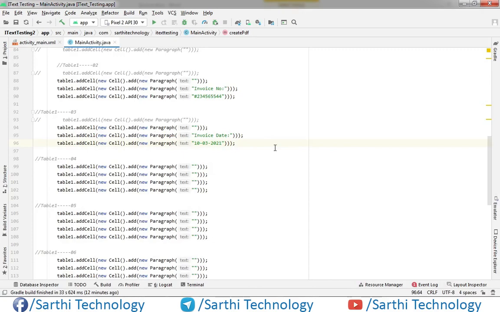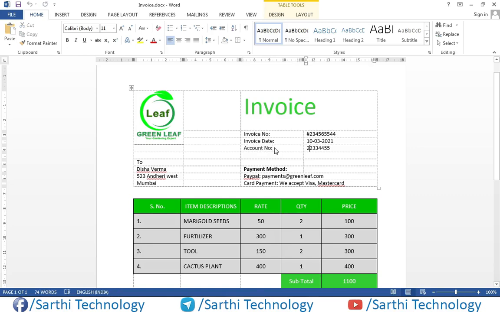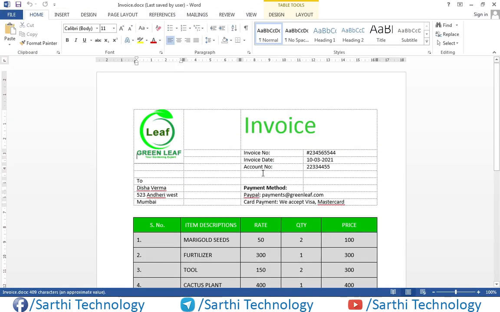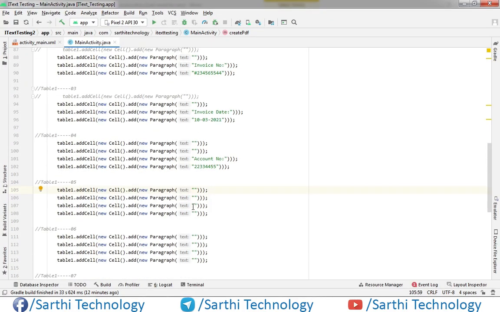So in the fourth, third place is the account number, and fourth place we will put this number. Now in the fifth is blank, so we will put one new line here, so it will increase the height of that row.